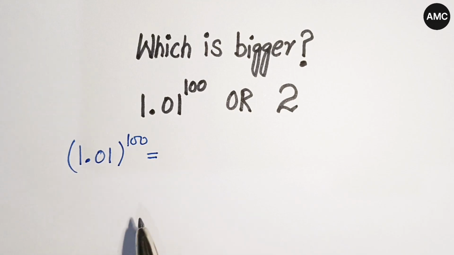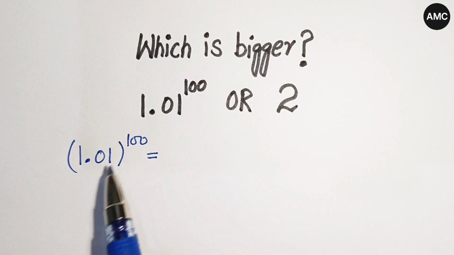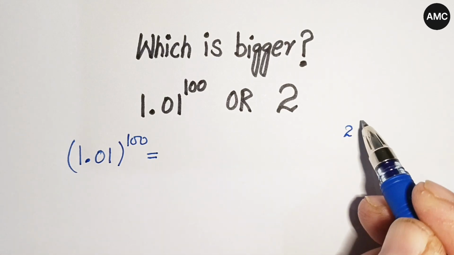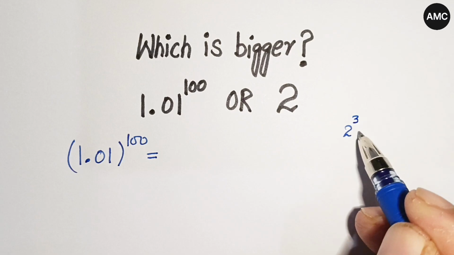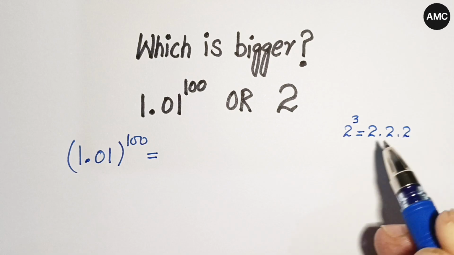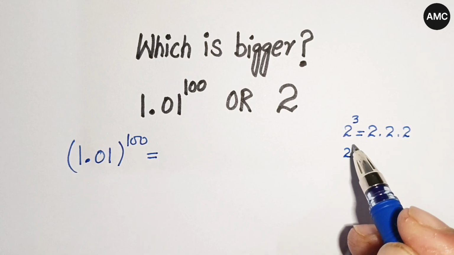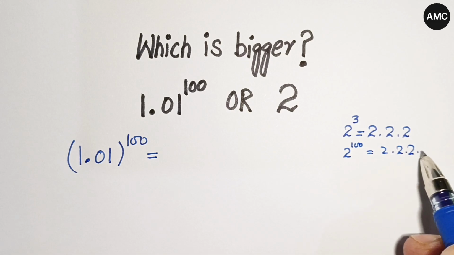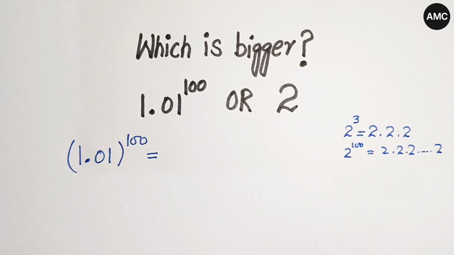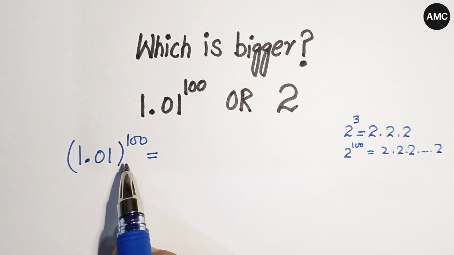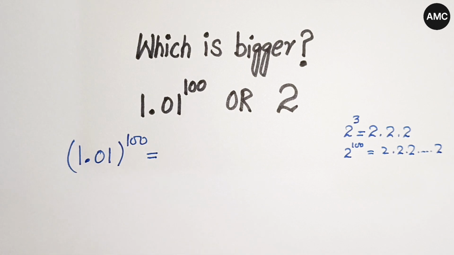As we know, we can write this in another way. If we have 2 to the power of any number, let's say 2 cube, we can write it as 2 times 2 times 2. So if we have 2 to the power 100, then we can write 2 times 2 times 2 and so on up to 100. So here we can write 1.01 whole to the power 100 as